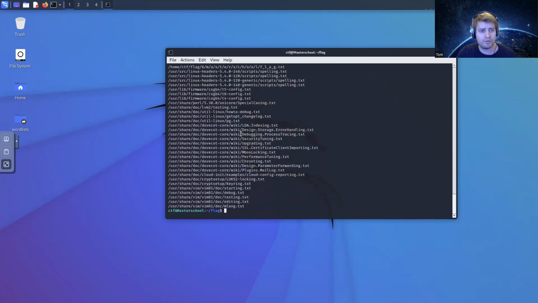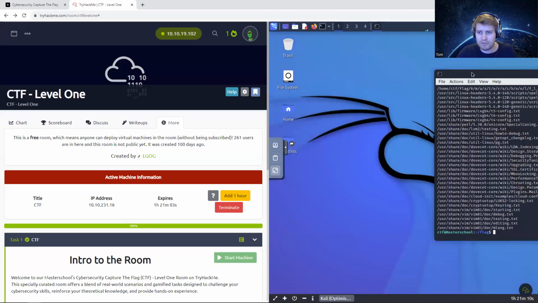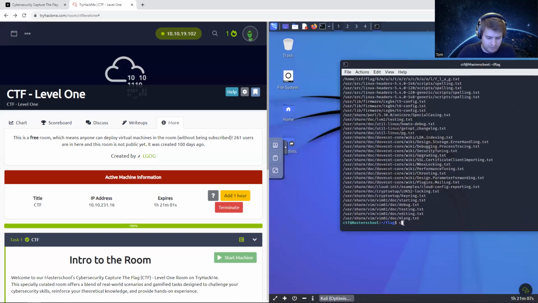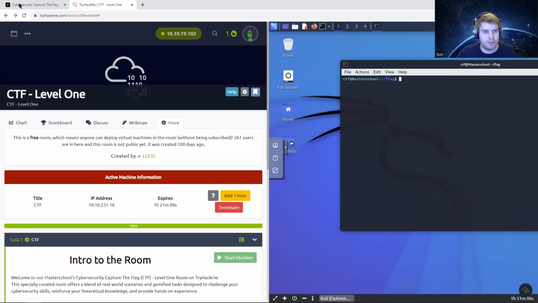So we could kind of take stabs in the dark with find commands and different formats to try and stumble upon something and give us ideas if we're truly stuck. But for now, let's just continue normally